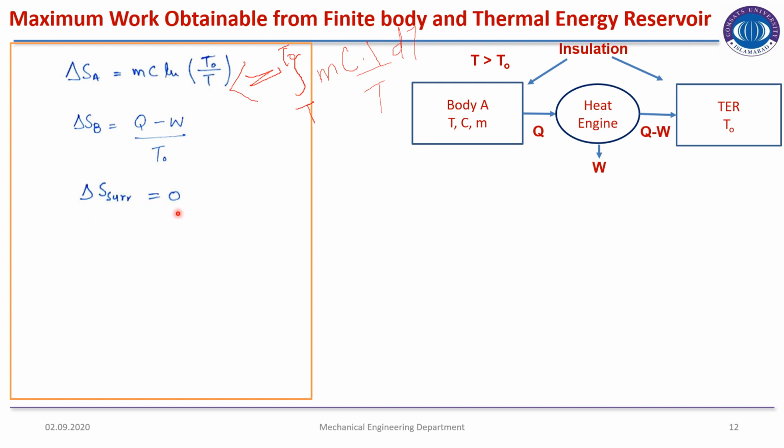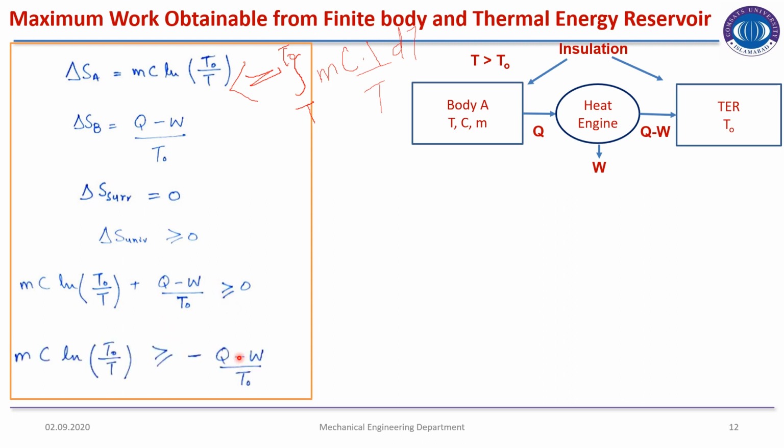Del S surrounding is equal to 0 due to insulation, and change of entropy of universe is greater than or equal to 0. That is the main equation. So here we have inserted the value of del SA plus del SB because we want to calculate the value of W. So after simplification,